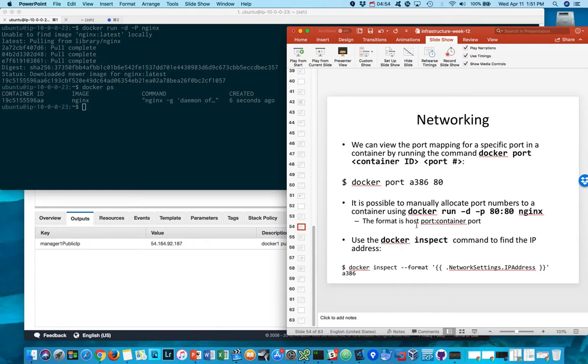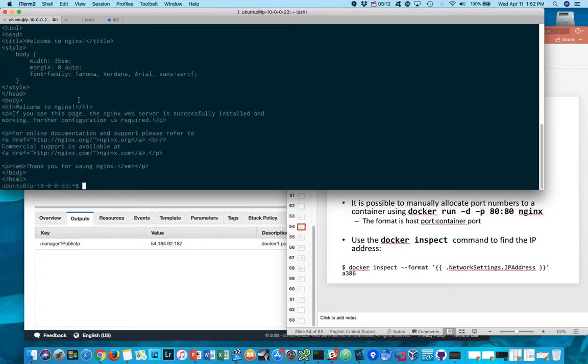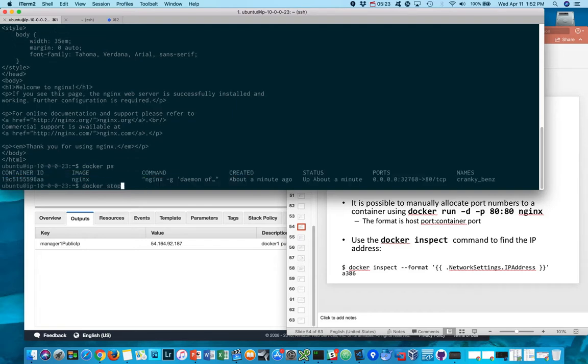Typically, I want to have more control than that. So typically, I want to explicitly map a port on the container. Let's do, if I just do a curl localhost 32768, you'll see that it pops up with a bunch of HTML. That's my default Nginx configuration. I'm going to stop this container here,